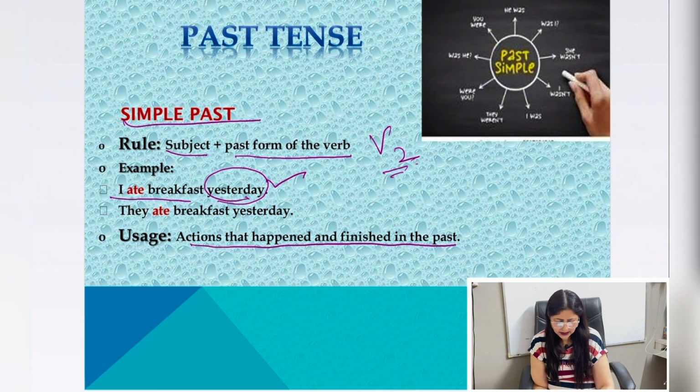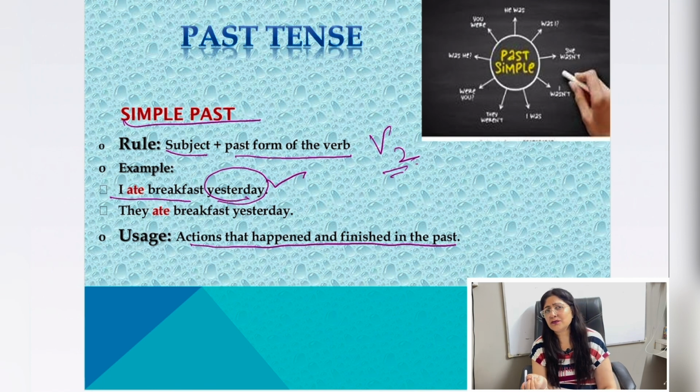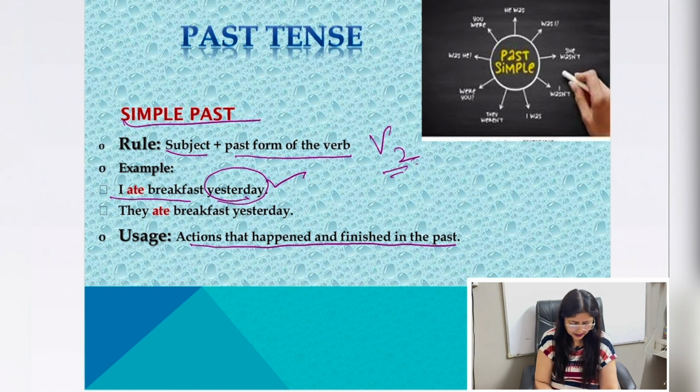Now one interesting thing about past tense is how will you differentiate it from the perfect tense, because there also the action is completed. That is a sort of point of confusion for you people. When the action is completed, why are we making use of past tense or why are we making use of perfect tense? So I will be making this clear in the last section of this video, where I will be making a comparison of the tenses which often confuse you.